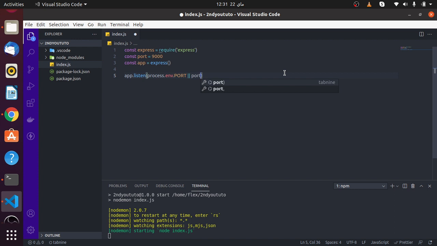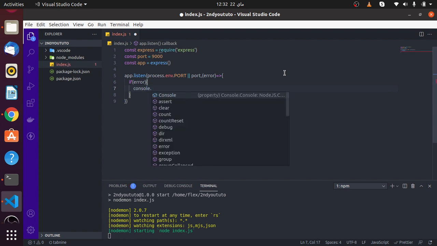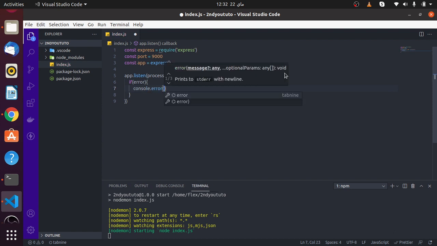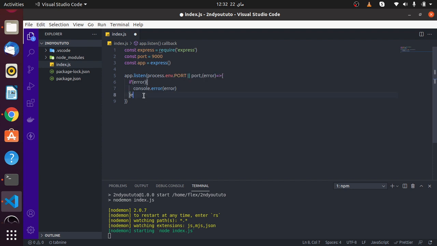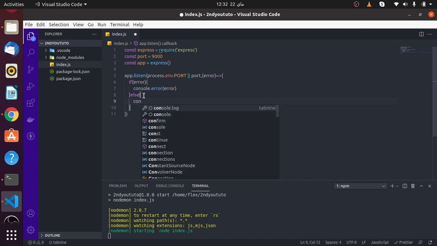Another thing that I'm gonna add right here is, if we have an error, I'm gonna use an arrow function. If we have an error, the simplest thing to do is to display that error. So if we have an error, we're gonna console.error our error that occurred while starting our server. Else, we're gonna just display a simple message, so console.log